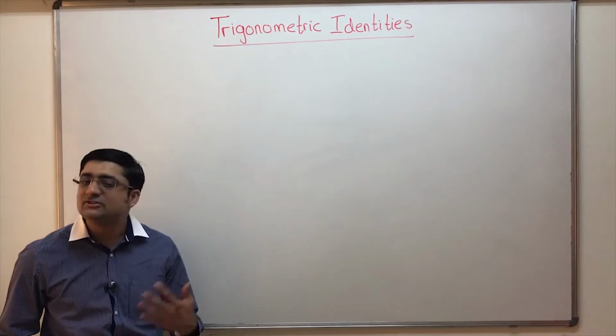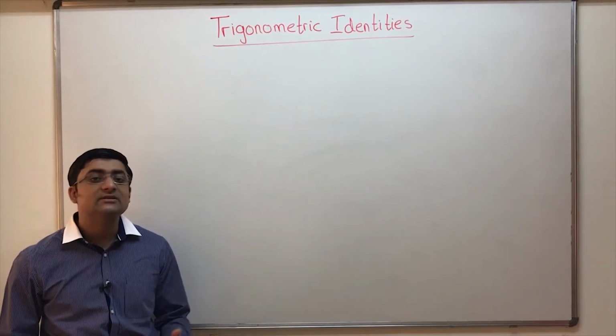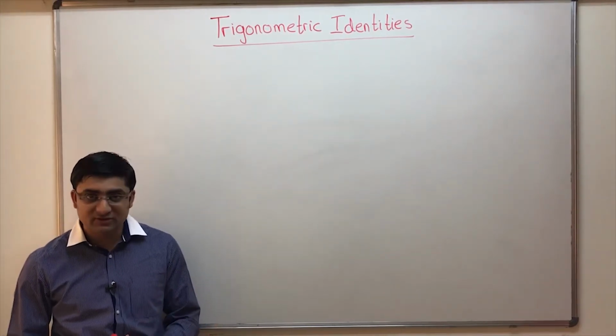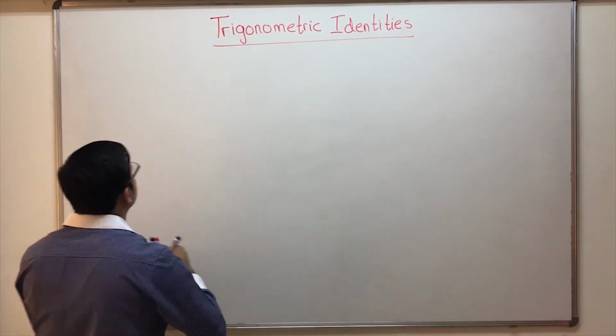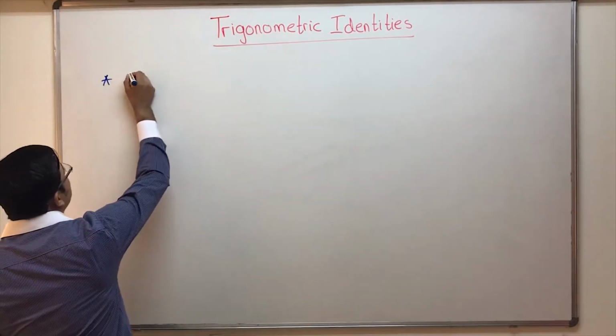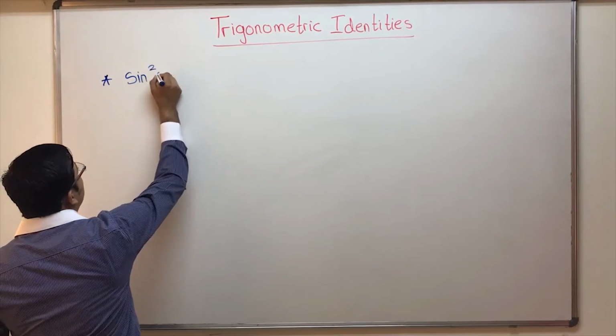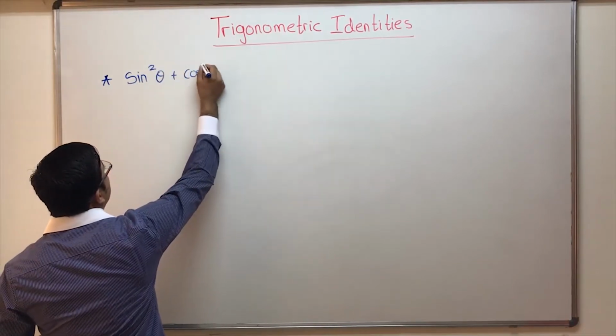So previously we've learned the three basic trigonometric identities. Now in this video we're going to learn how to prove those three trigonometric identities. So let's begin. I'll begin with the first trigonometric identity, that is sine square theta plus cos square theta is